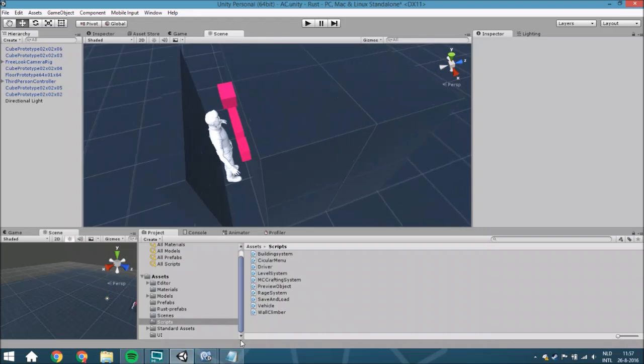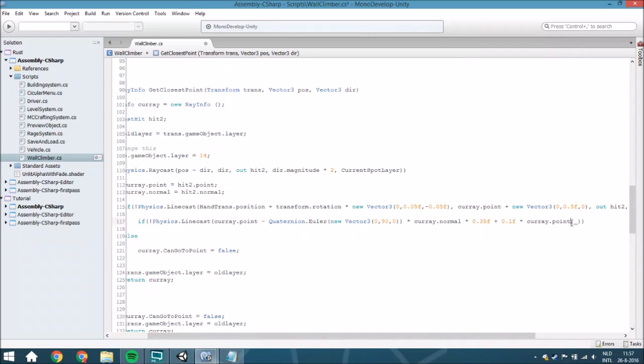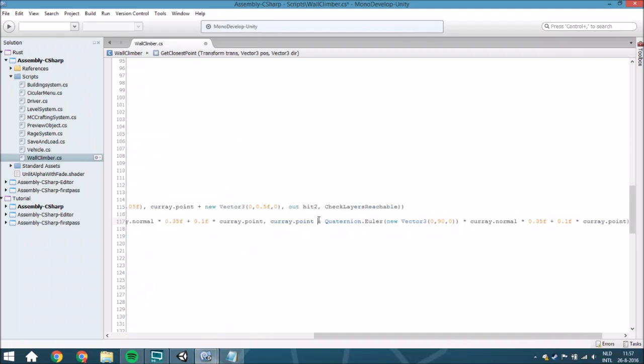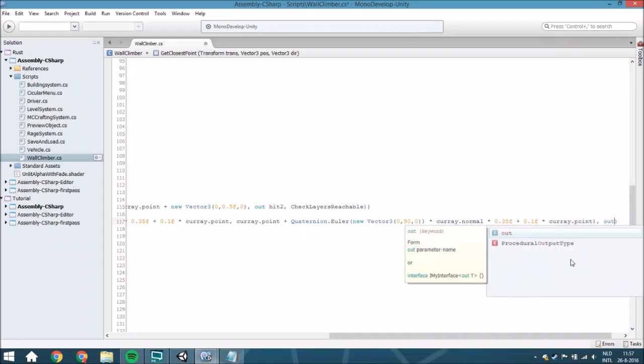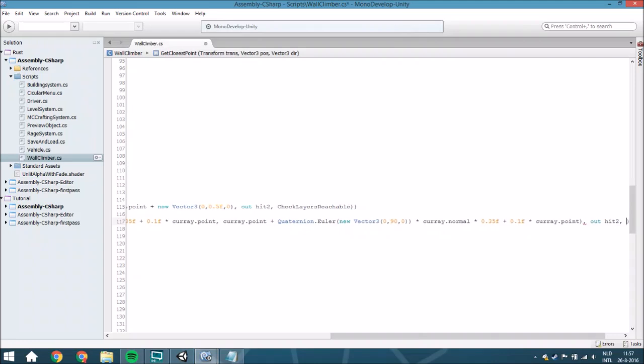All right, so we now have that, and it's actually already the hardest part of this part of this tutorial series to understand, because we can just copy and paste it here, because it's exactly the same, except that here is going to be a plus, and here is going to be again an out, hit 2, and here is going to be